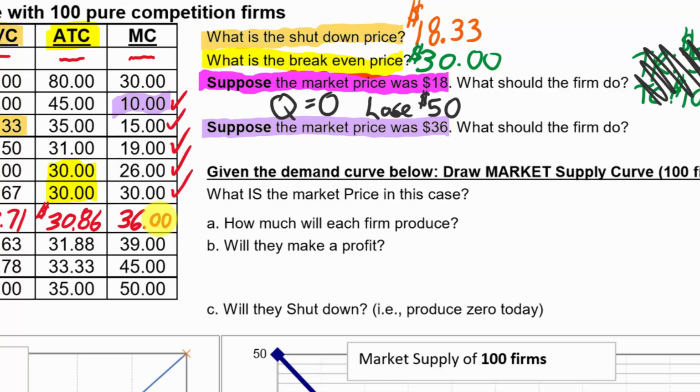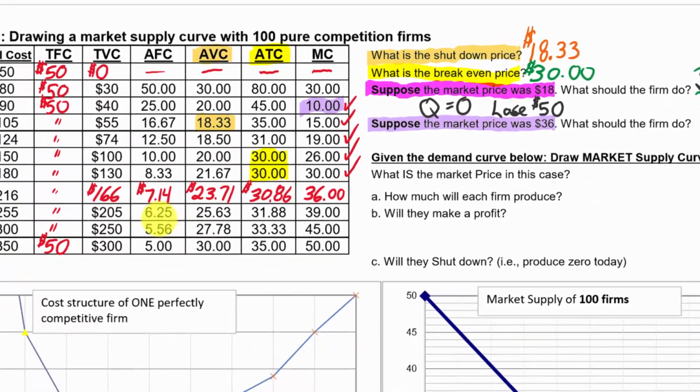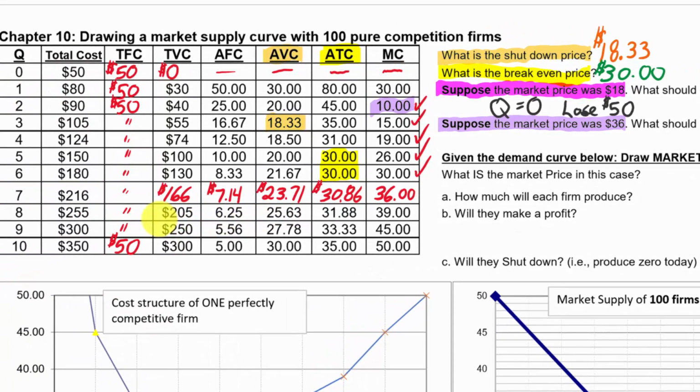Should we do that? And this might sound like a trick question, but it's an answer that you have to be prepared to give the right answer. The rule for how much to produce says, keep producing as long as the price is greater than or equal to the marginal cost. And since that price of 36 is equal to the marginal cost of 36, the answer we want to hear is go ahead and produce it. You're not losing anything by producing it, but you are going to be helping your employees by keeping them longer and